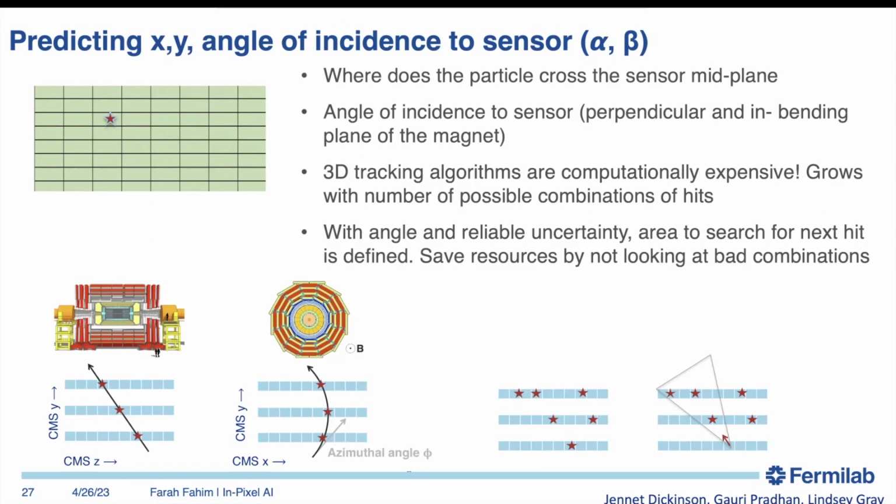Okay, and then we also want the angle of incidence to the sensor, perpendicular and in the bending plane of the magnet. This is the alpha and beta, because the 3D tracking algorithms are computationally expensive and grow with the number of possible combinations of hits. So if you are able to give it the direction in which it should be looking,